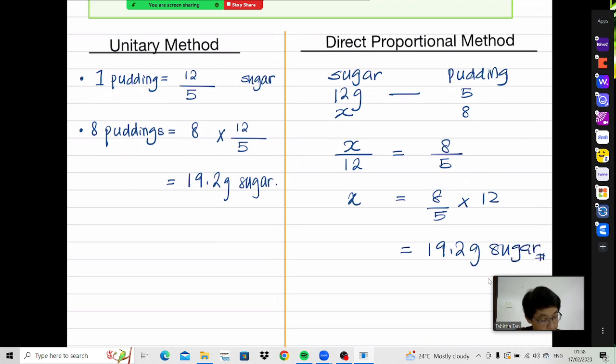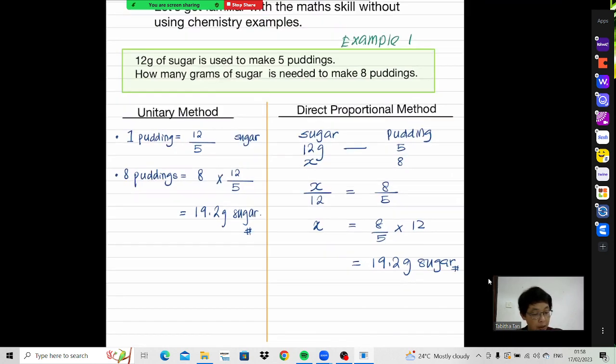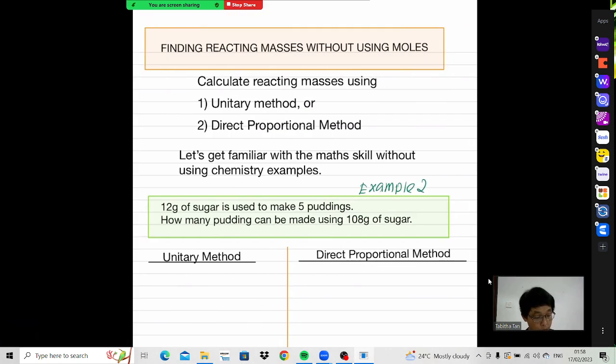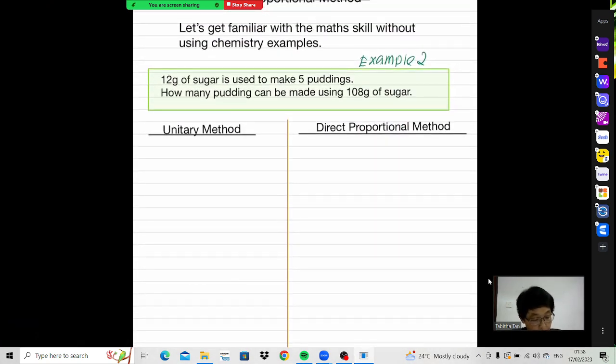There you go. So this is using the simple mathematical calculation. Now we go to example 2. Okay, using the same idea, 12 grams of sugar is used to make 5 puddings. Same idea, but this time we want to calculate how many puddings can be made using